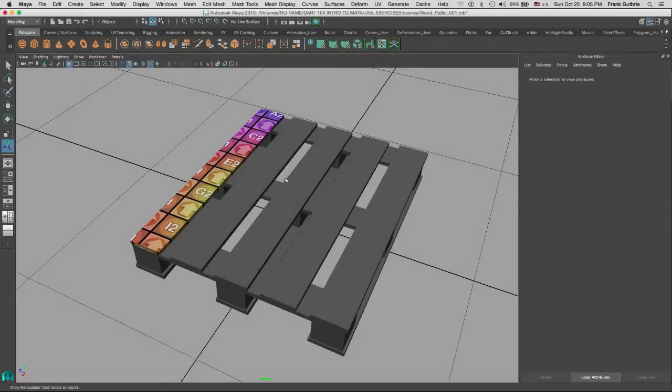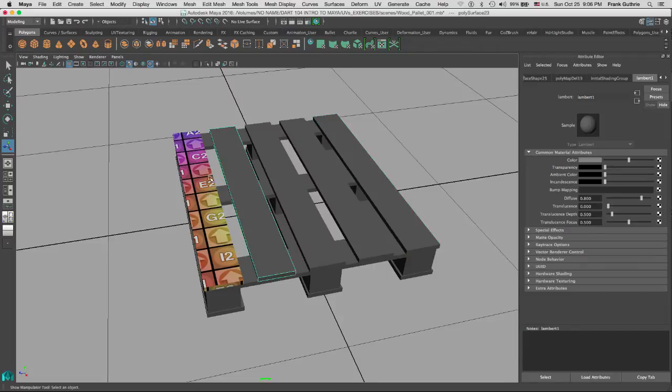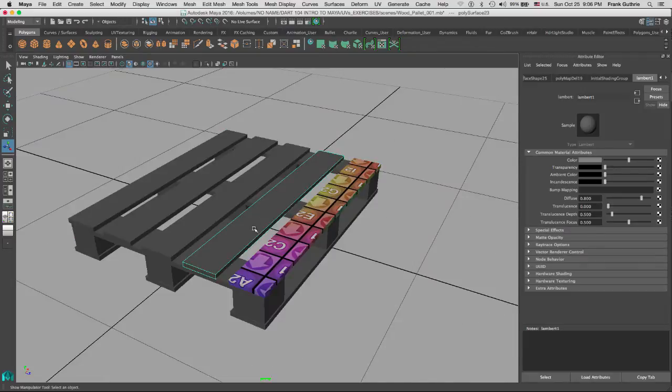Alright, so let's talk about transferring UVs. When we work on an asset in Maya and we have identical planks right here, they have the same amount of polygons, and instead of laying out the UVs for every single plank, we're going to do something that is very common in the industry,